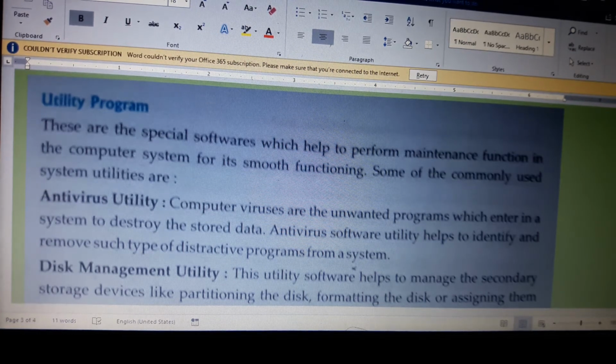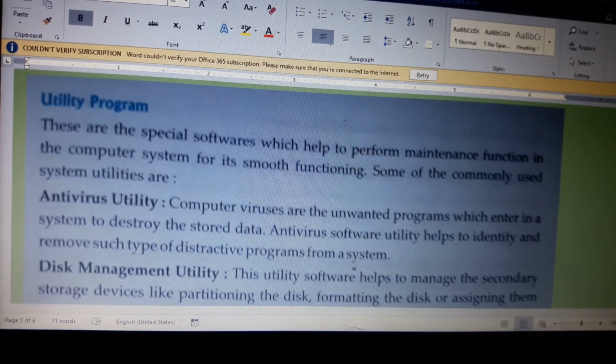Antivirus. As I explained before, sometimes unwanted viruses and files come and may corrupt or destroy your existing files.